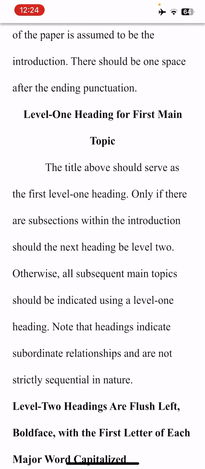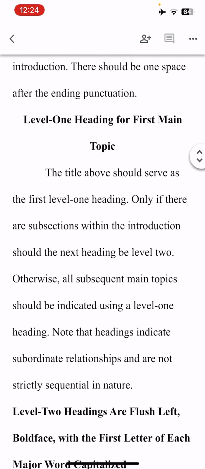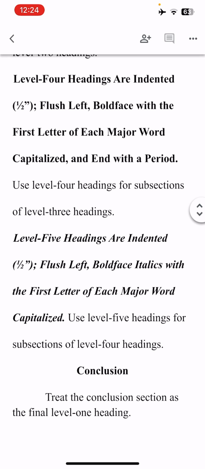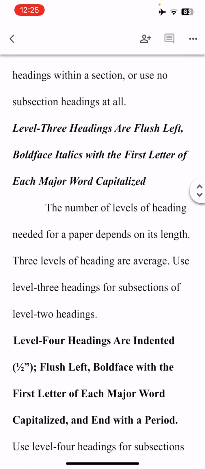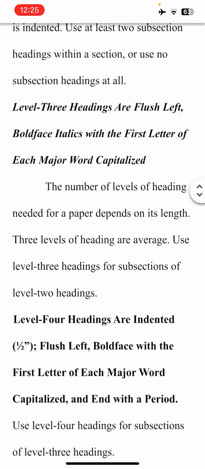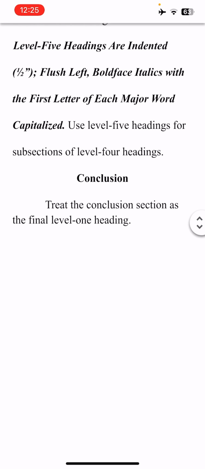The level 2 headings, that's when you have level 1 heading is just a big broad topic and you want to break it down into subheadings. That's what the level 2 is, it even goes to level 3, level 4. Even when I did my capstone, I never quite got to level 5, but I did get to level 4. That's mostly in the capstone. So the vast majority of what you'll do is level 1, you'll get a few level 2s. So try not to get too involved in the headings there. And then the last thing, of course, is you can have a conclusion. That's also a level 1 heading. It's bold, it's capitalized, and it's centered.